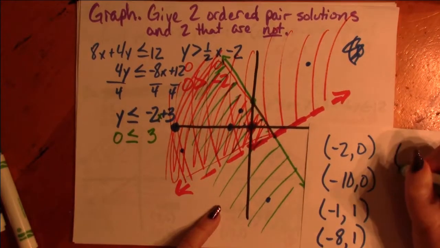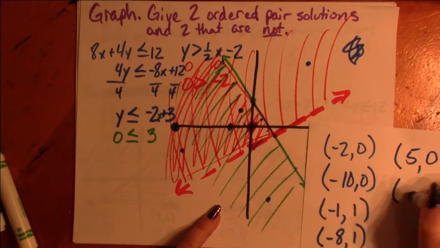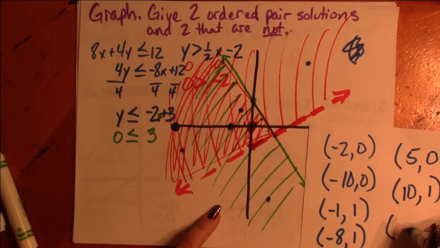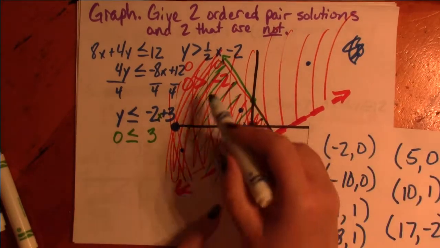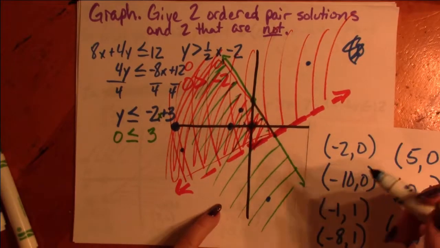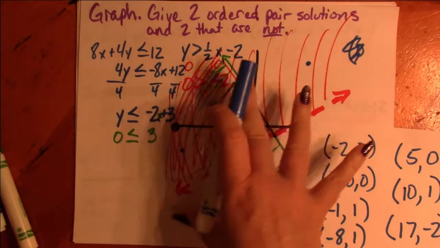You could also pick 5, 0, 10, 1, 17, negative 2, something like that. So you're going to give ordered pairs that are in this region and then ordered pairs that are not in this region, okay? Try Check It Out, numbers 1 and 2 on pages 435 and 436